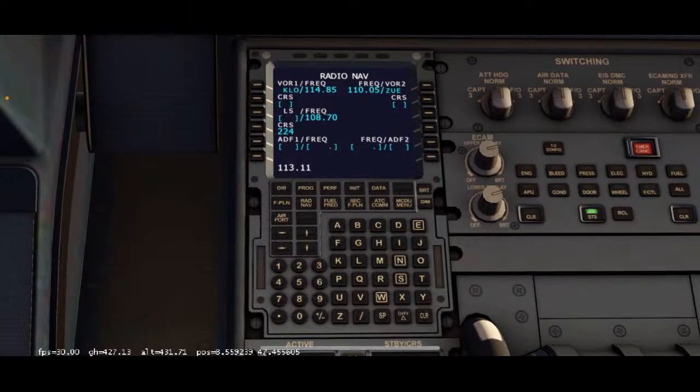113. Oops, I already have 113.9. And then SPR, where is that for Geneva? There we go. Okay, I think I see what you're saying now. 0.9, and then do I put the SPR?